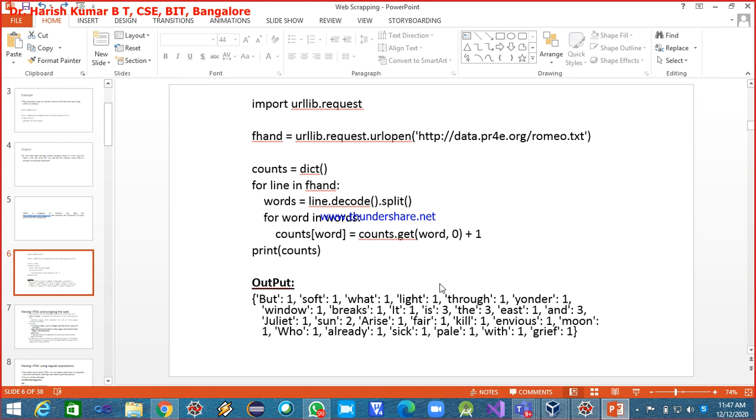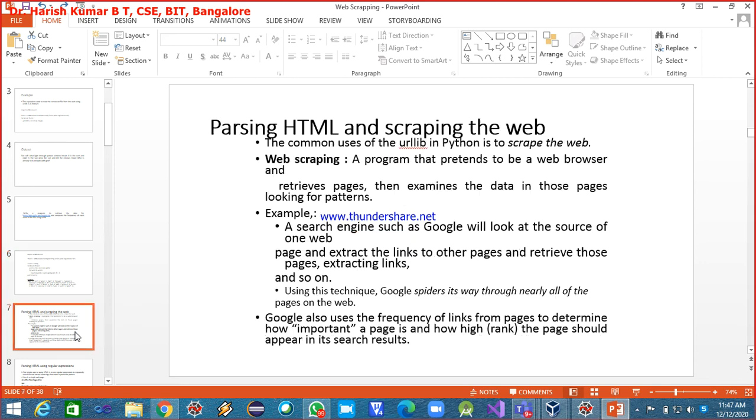And then you understood how to use urllib request, downloading something from the internet and then processing it.